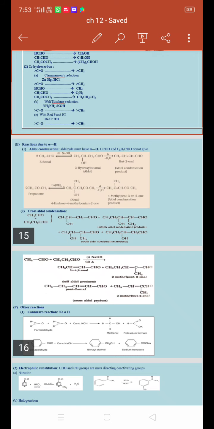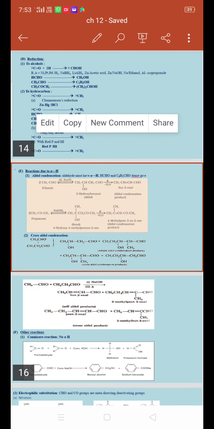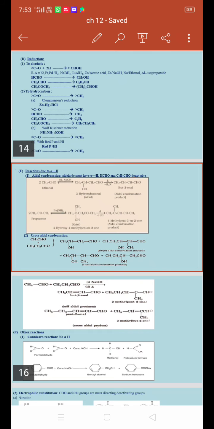Now I have ethanal. Why am I calling it ethanal? Because the number of carbon atoms is 2 and the functional group is aldehyde. Ethanal in the presence of dilute sodium hydroxide gives aldol. What I got is aldol. Now can I name this aldol? How should I number? I number the aldehyde as 1.